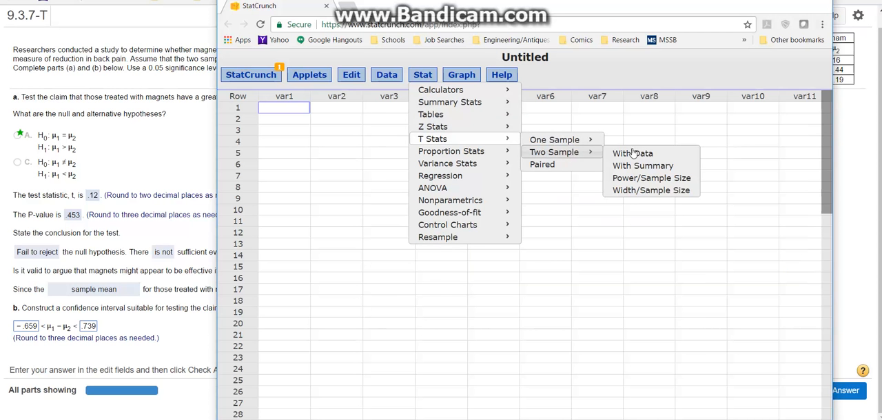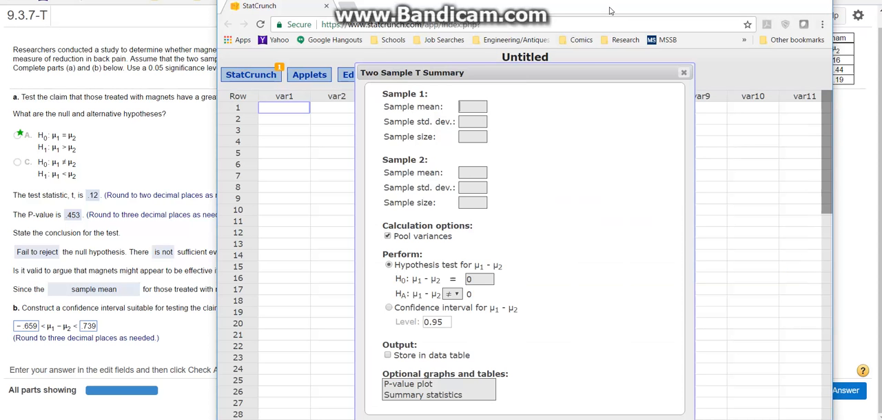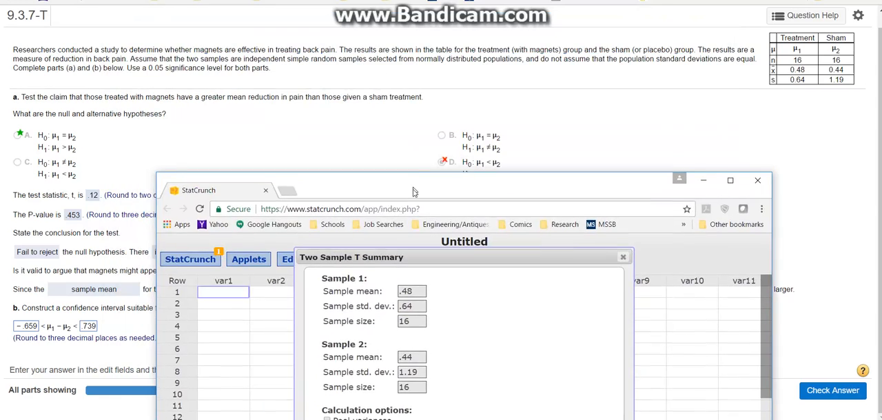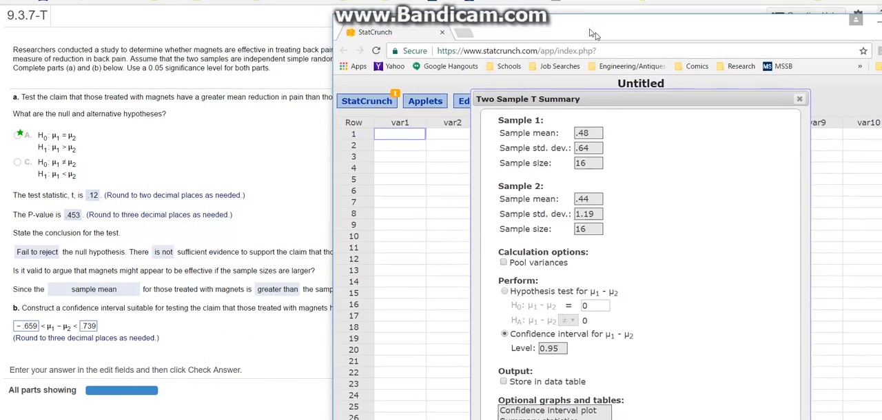Stat, T Stats, Two Sample, With Summary. And once again, I need to re-enter this information. 0.48, 0.64, 16, 0.44, 1.19. I did it again. 16, and again, turn off pooled variances. I want a confidence interval, and the confidence, okay,